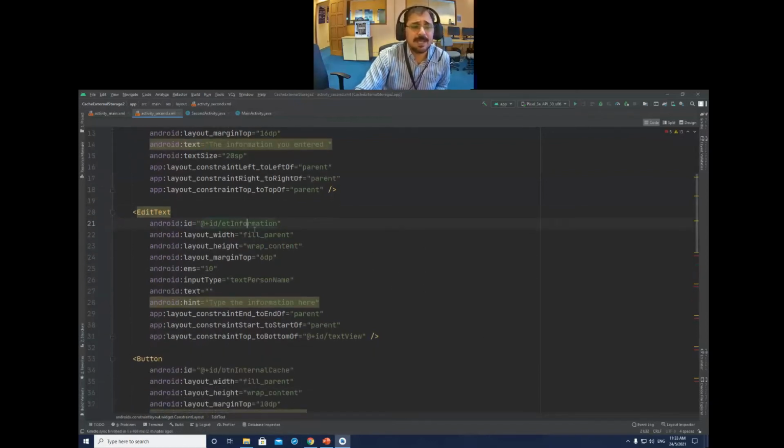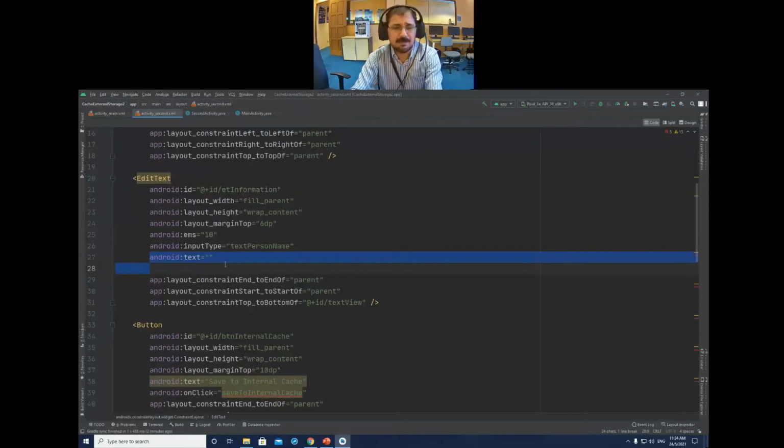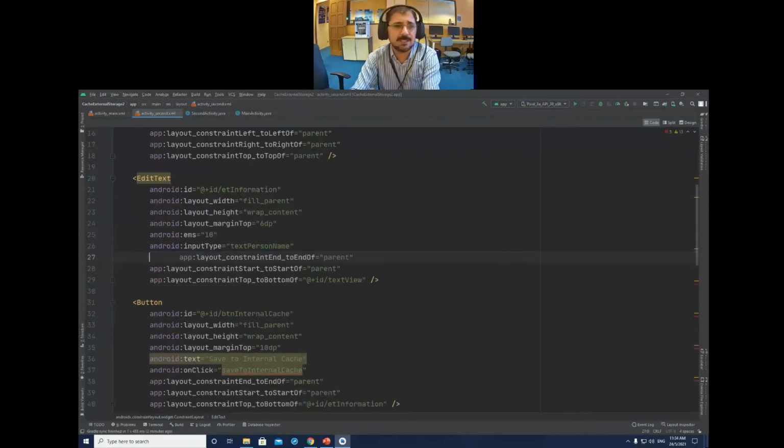Okay, this should also be a text view, and it takes no problem. Here I think there's no need for the hint, because here there will be no typing. It will just be displayed, so no need to give the hint.